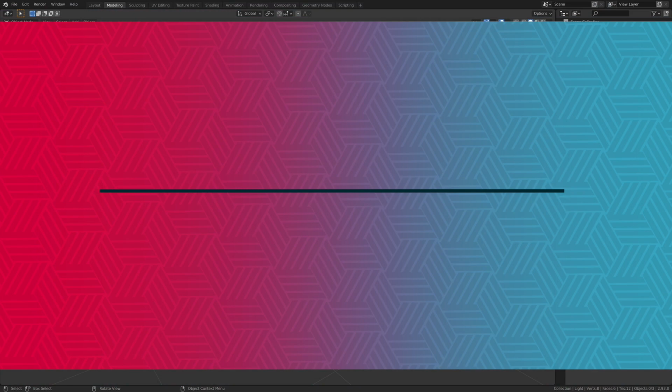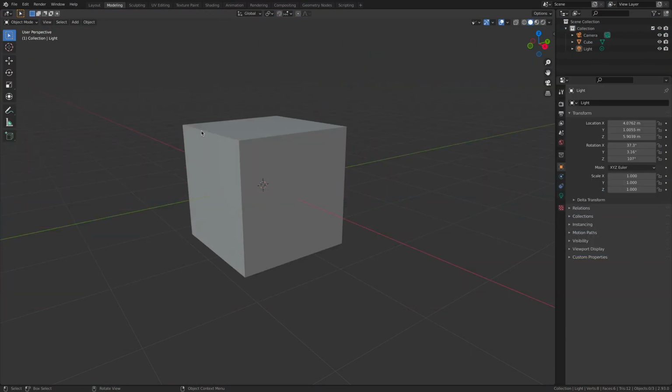Before we can start building our model, we need to load in some reference images that maybe we can use as a tracing guide, something that we can build from. Now, if you're following along with my Hammerhead Shark project, I'm actually supplying you guys with a reference image that you can use as a backdrop image, a tracing guide inside of your three-dimensional scene.